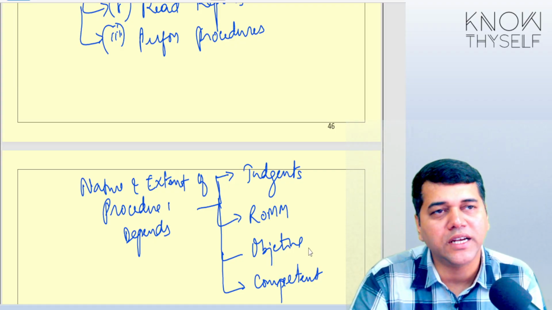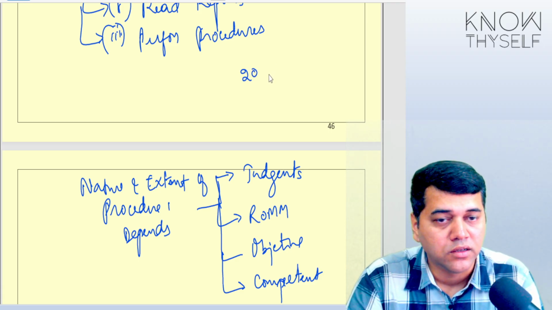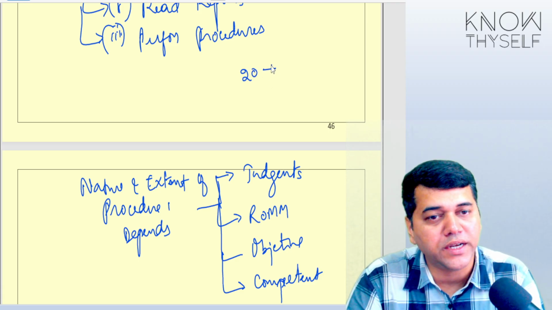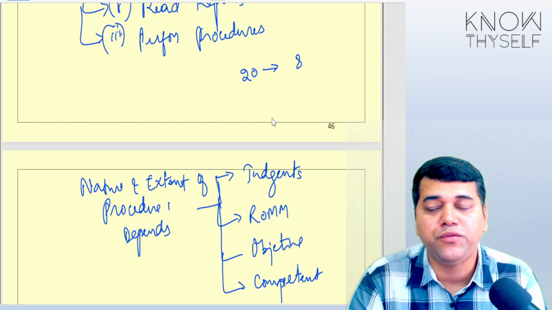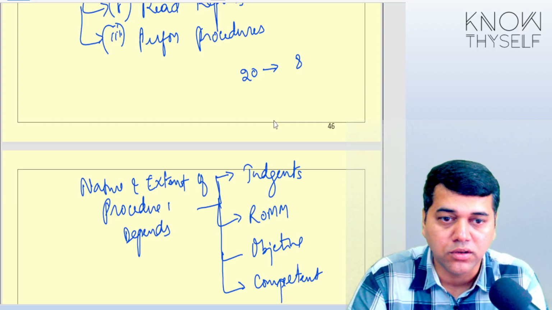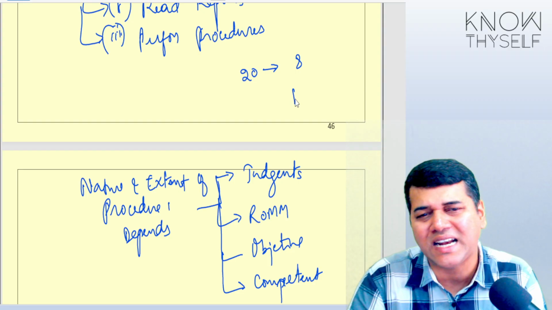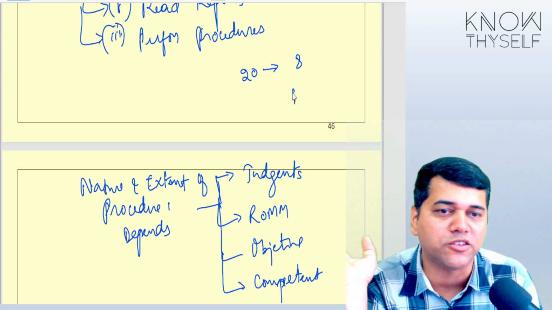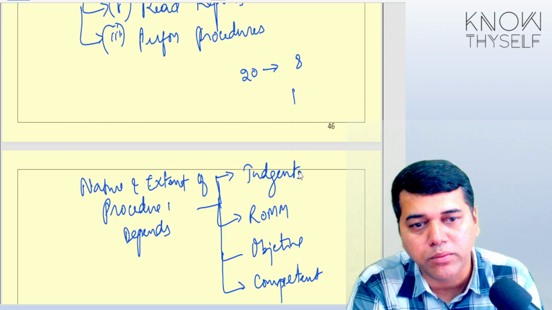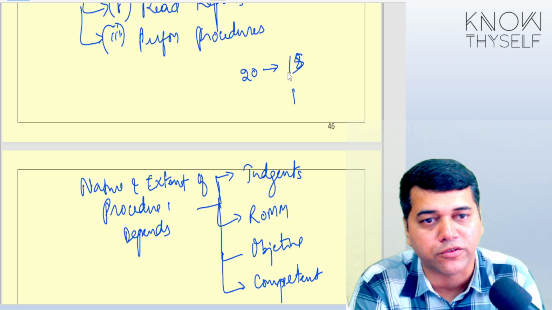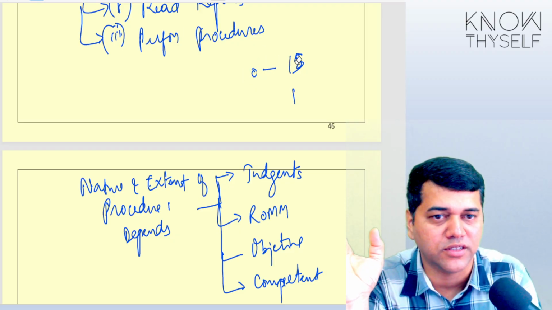Like if you see the internal auditors are not competent, 20 locations they have physically counted. So if you feel that they are not competent, you will send your staff to 8 locations out of 20. Again, you will cross verify it. But if you see that the internal auditors are very good, less judgment is there, less risk is there, so out of 20, you may randomly check only one location and see whether their work is proper. If you see they lack objectivity, competence, or high ROMM judgment, you may increase this to say 15 also. Or you may totally scrap their work.